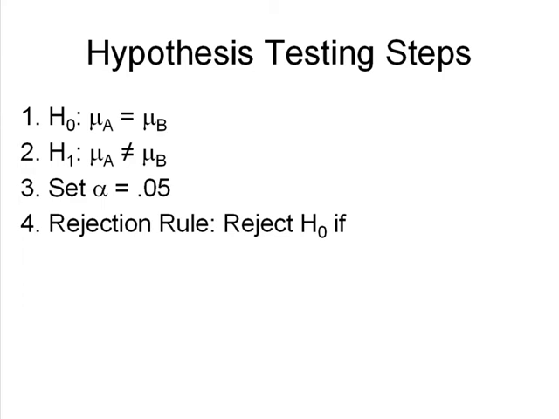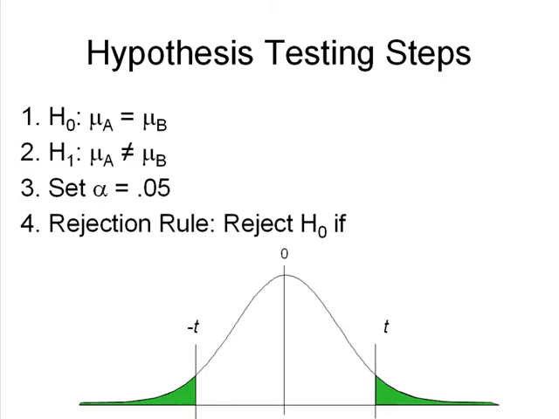Now let's take a look at maybe a picture to get an idea. Here, since we're talking about different, we will reject the idea that it's the same if it's much lower or much higher. So we're going to reject either on the higher or lower end. So this is a two-tailed test. So we'll have to write a rejection rule where we would reject if our positive t-scores were over some amount or our negative t-scores were